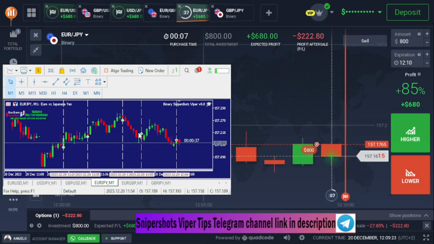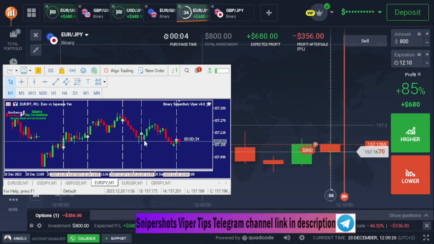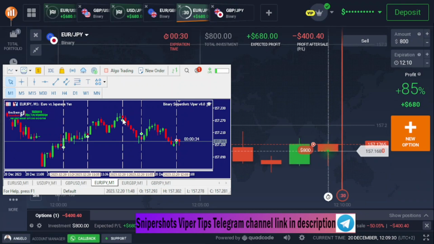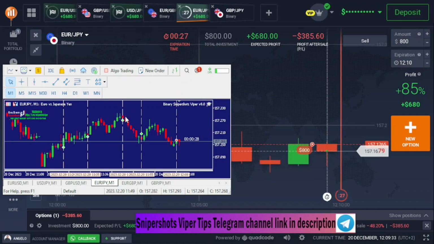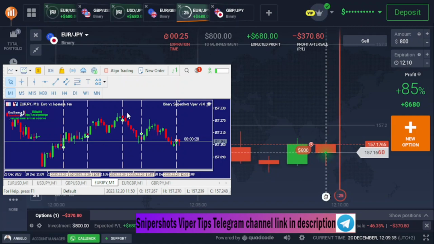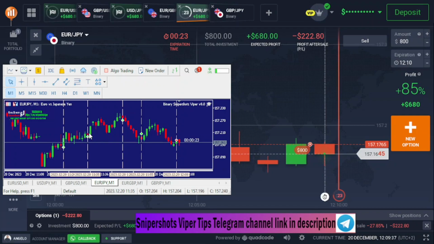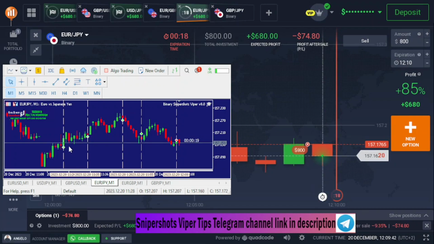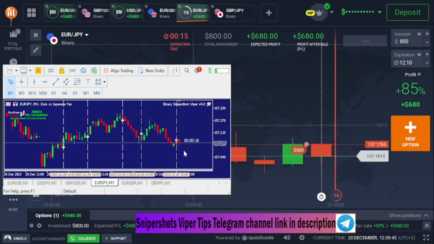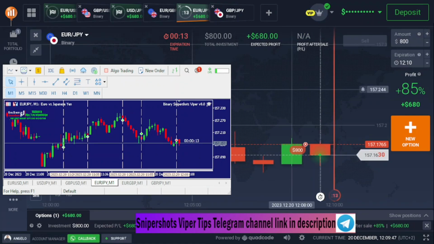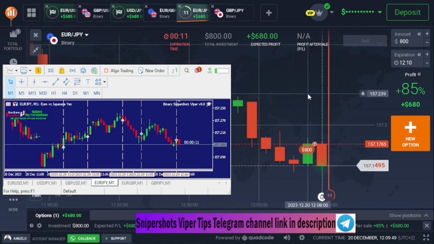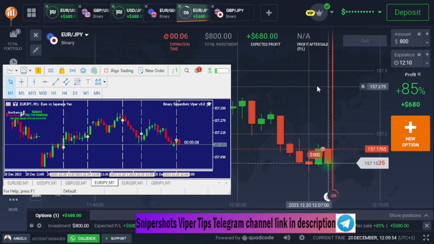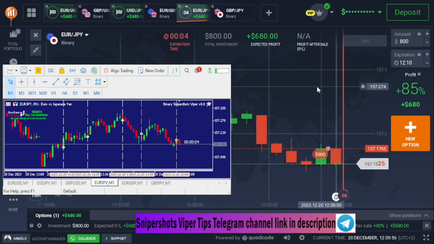Here we had a signal and we entered it there, but this one was a loss. Now we lost this one. Okay, here we had a buy signal and it was in profit, and then here we had a buy signal and we made profit. So let's wait for this signal, guys. It's left with a few seconds to close,